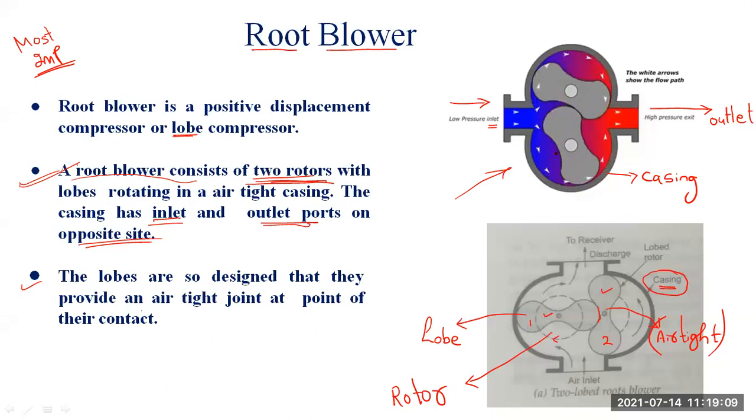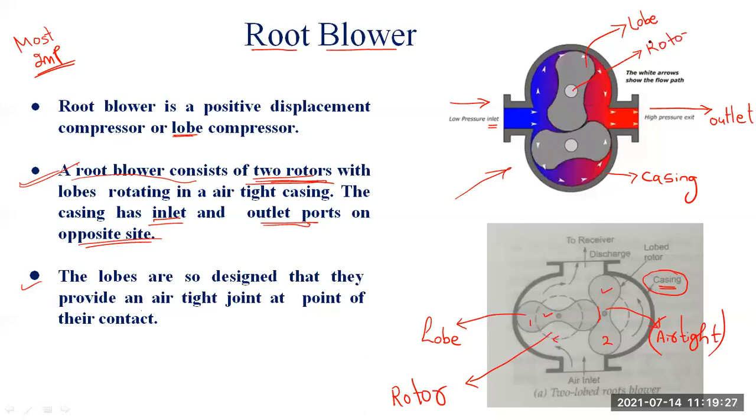These rotating parts are called lobes. Inside the lobes, one circular part is there. This circular part is the rotor. So what is the mechanism? First, this rotor will rotate. Externally, one pump will be there. The pump will rotate this rotor, and when this rotor rotates, it will move the lobe because the lobe is connected with this rotor. Along with the rotor, the lobe will also rotate, and this inlet valve will open.